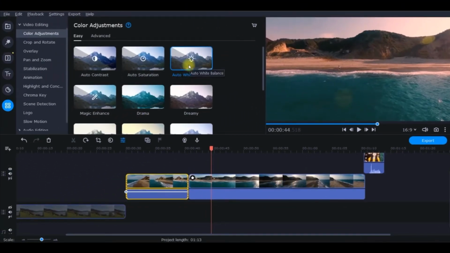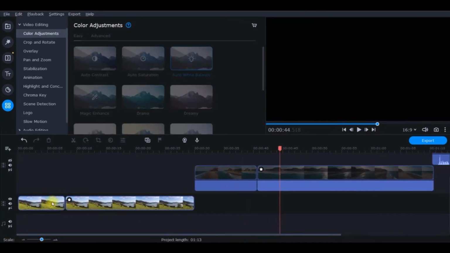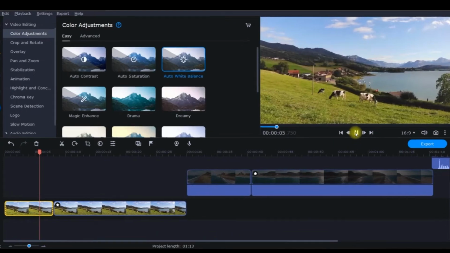So if you are not having very good knowledge about the percentage of white balance you're supposed to put in a video, it's better to go for this easy method where the percentage is already given by the software itself, where you don't need to tweak anything, and you can just carry on with the default option. And if I bring this to this video, if I want to check whether it is working or not, you see,